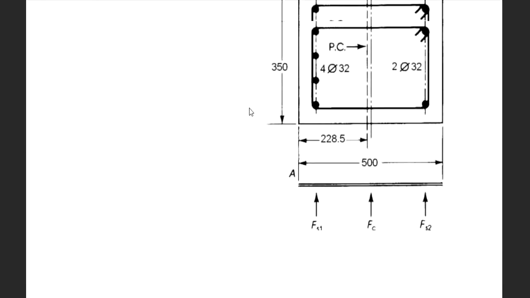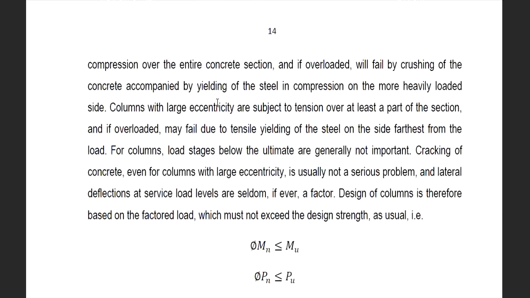Same case we can apply over here, whatever we have studied here. So whenever the huge load is there, stresses in a concrete is very much higher than stresses in the steel. That is why column is going to fail by crushing, because as the stresses in concrete is high compared to stresses in steel, stresses in concrete are going to reach the ultimate level, and obviously concrete is going to fail, and that is by crushing.